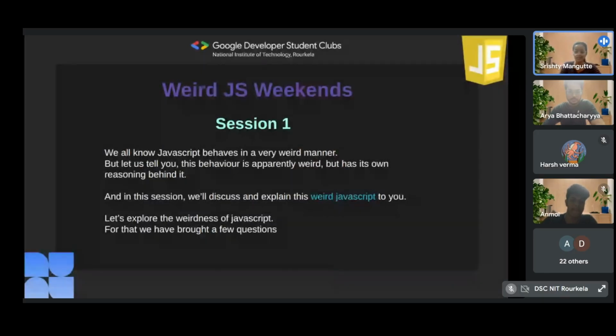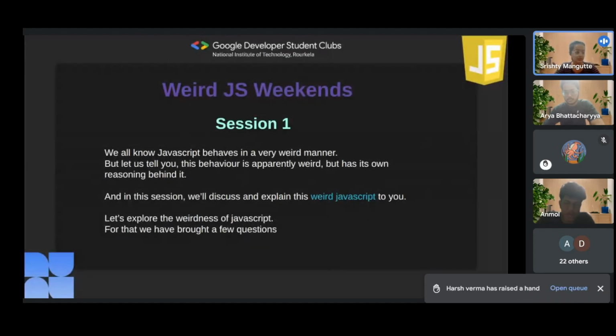Have you ever seen this JavaScript meme, that JavaScript is the most hated language, yet it's the most loved language, the most popular language of 2024?